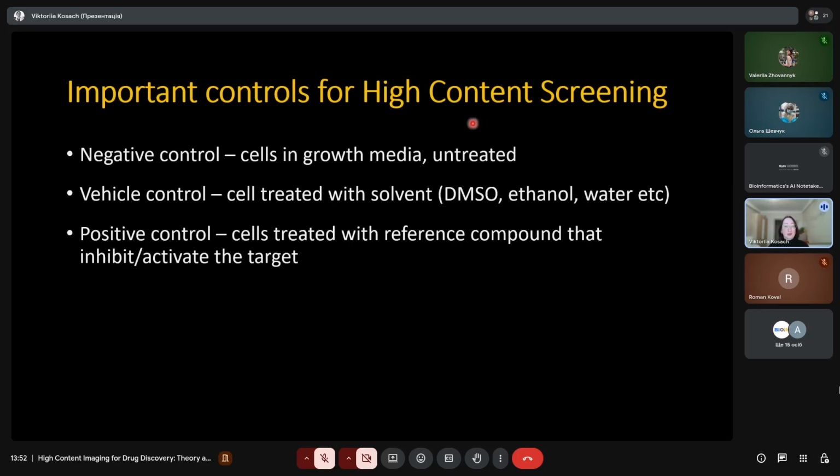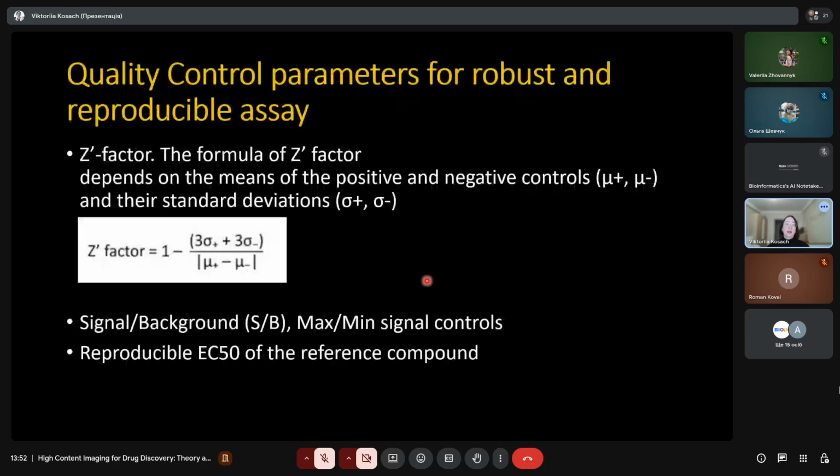When you have the experiment with all these controls, you could proceed to quality control check of your assay. There are usually three parameters that are very important for quality control. The first one is Z factor. It actually shows you how robust your assay is, and how reproducible it is. So actually it shows you the difference between max and mean signals and their standard deviation, so variability of the